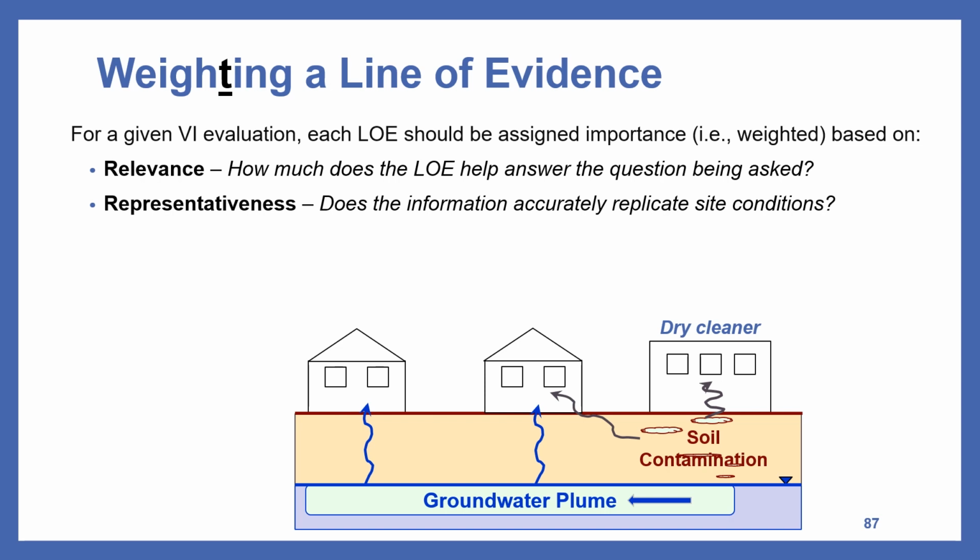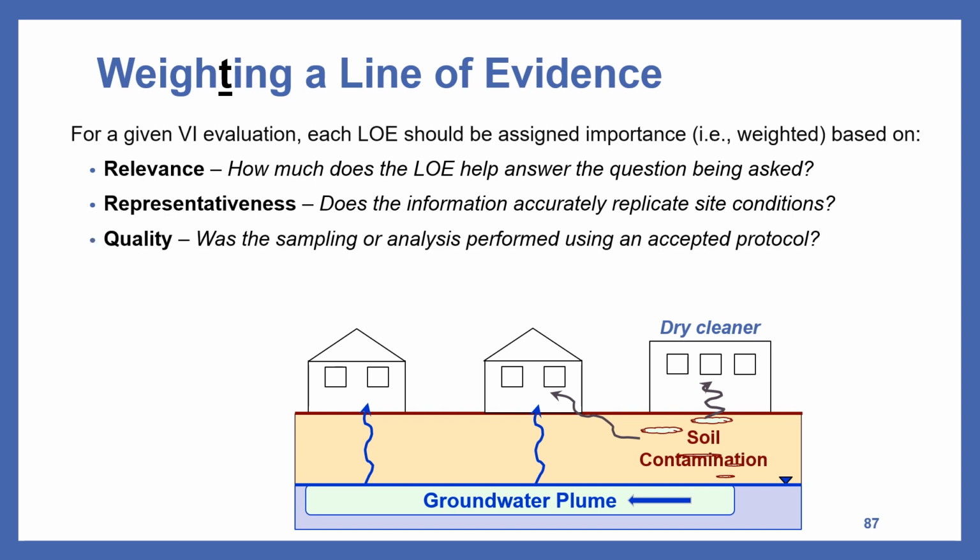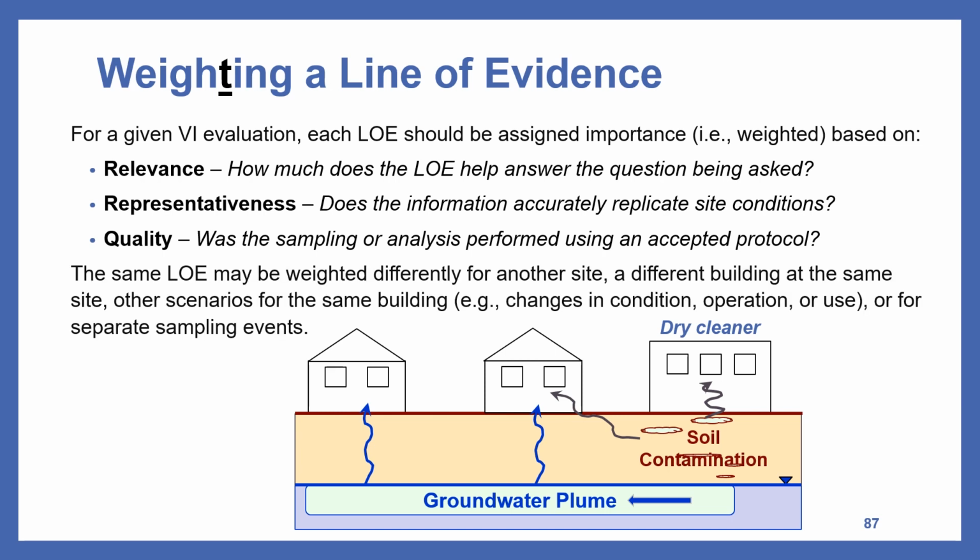when it comes to evaluating long-term risk or chronic risk, we generally want to collect samples in the most routinely occupied spaces. Third factor is quality, and this is whether the sampling or analysis was performed using an accepted protocol. So an example might be where the soil gas samples were collected in accordance with the Active Soil Gas Advisory and passed the quality control checkout. Key thing to keep in mind is that the same line of evidence could be weighted